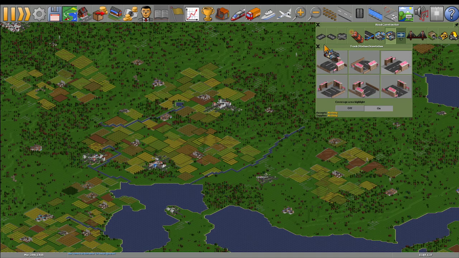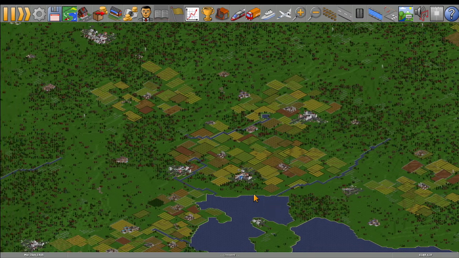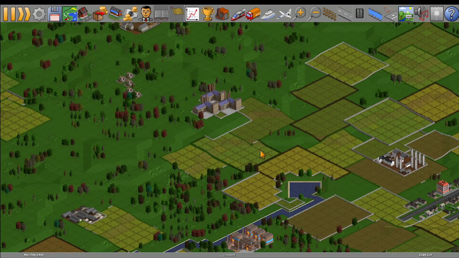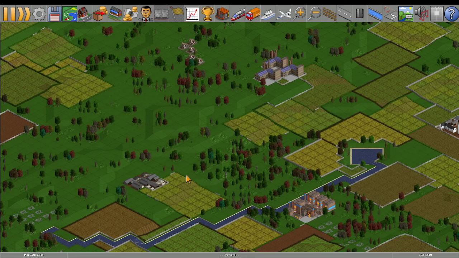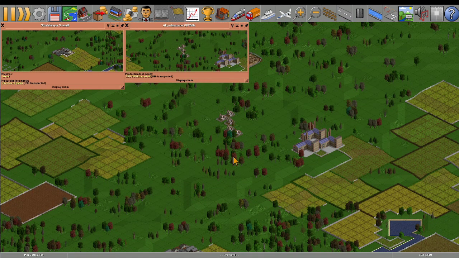So let's find an industry that we can begin transporting. And it doesn't really matter what it is. It's really personal preference. You can choose anything you like. But let's just have a quick look around and see what we've got. So we've got a sawmill here. This doesn't produce anything, or it will produce crates of goods, but it requires wood. We have an oil well here, which produces